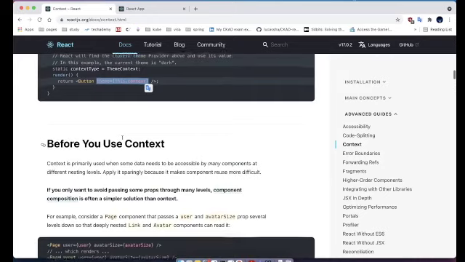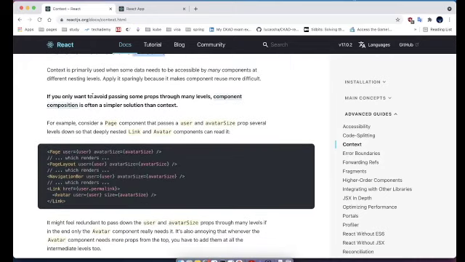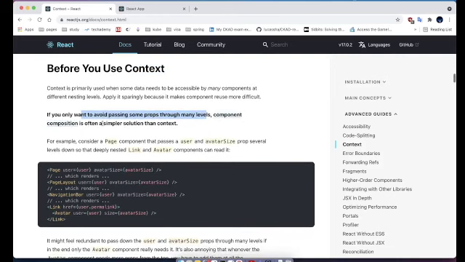So that's how we use the context. Before you use context, there are a few things that you always need to remember. Avoid passing some props through many levels. Then there is something called React composition, which is often a simpler solution than context, like we learned about